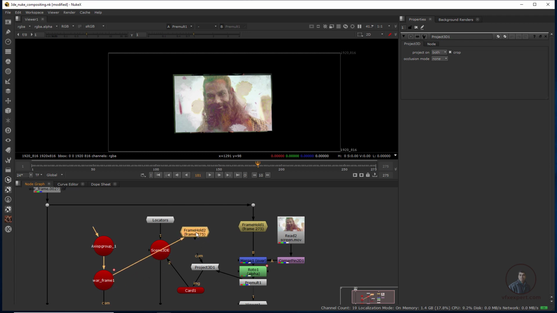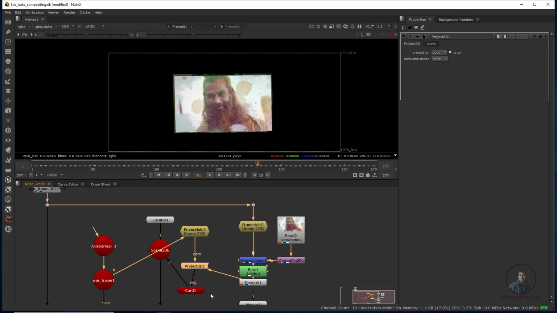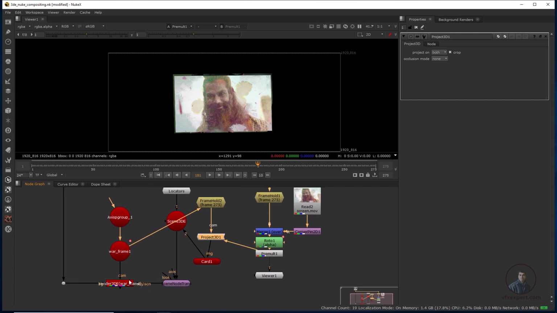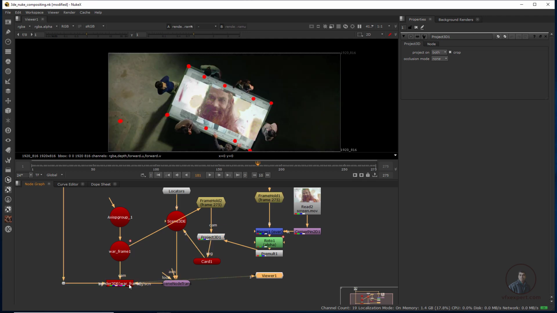Okay, now here you will easily get just a camera on frame 275 only, meaning a static camera, or simply you can copy and paste your camera. After this you can delete your camera animation, so whatever you like you can do. Now I have created a single frame camera, meaning there is no animation, just simply connect it here. Now if you want to see the final result, view our ScanlineRender, so what you will get, just check it here. Okay, now I have selected this one and pressed 1.